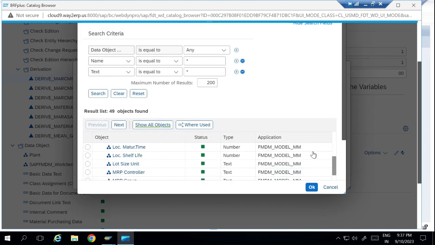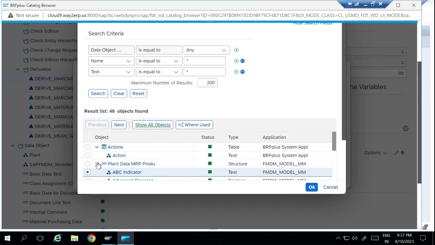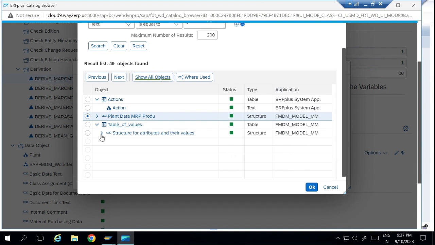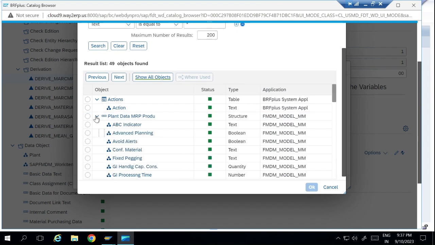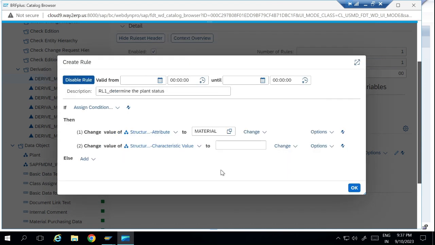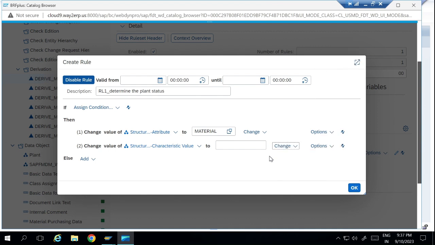and now we will define the second element, which is called value. So from the table of values, we will open the structure and we will select the characteristic value. Now in this case we need to define the value. So from the context we will select material,